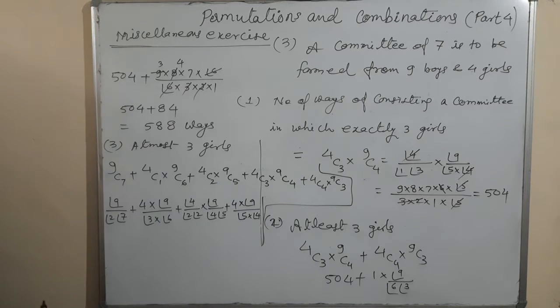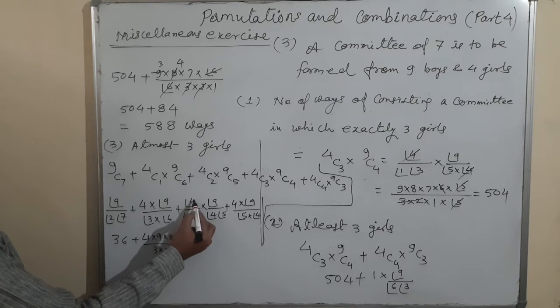Okay, let's calculate. 9 into 8, 7 cancel, and 8 cancel by 2, 4, 9 4s are 36, plus it is factorial 3, so 3 2 is 6. Let us solve. 4 into 9 into 8 into 7, 6 cancel, upon 3 into 2,